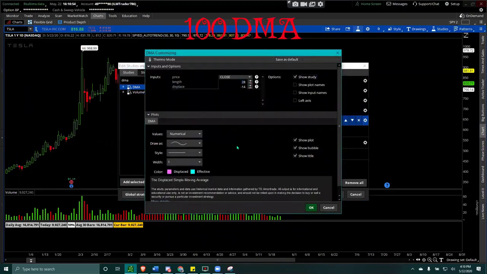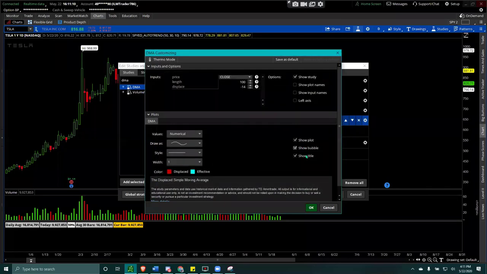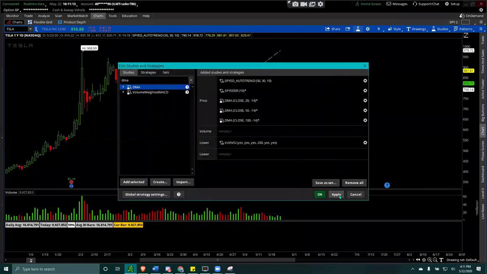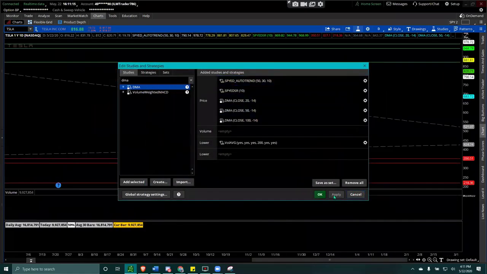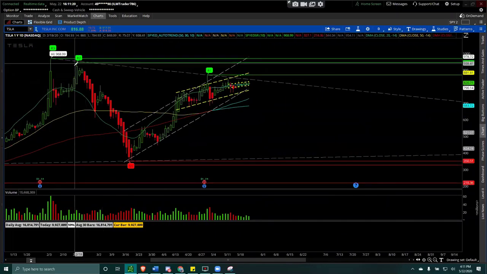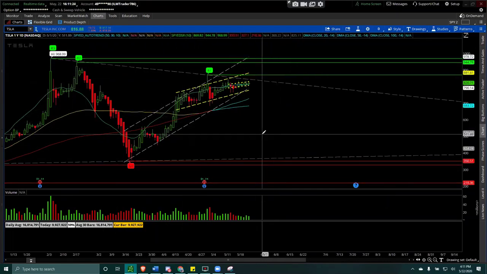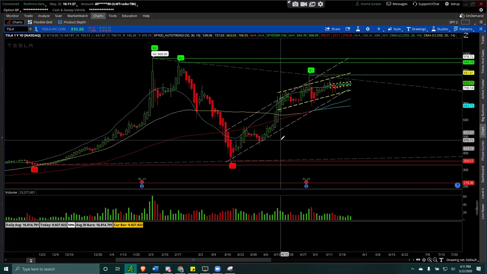That's purely up to you if you look at shorter time. But I like it being the 50, 20, and 100. And then I change this one to, let's say, more of a darker color. Okay, and then I hit the OK button, and then I say apply. When I apply it, it brings me back all to my support and resistance lines here. And you could obviously change these in terms of what you are looking to do.